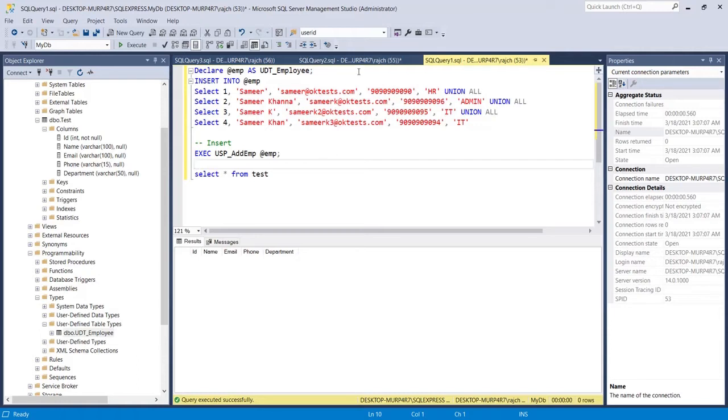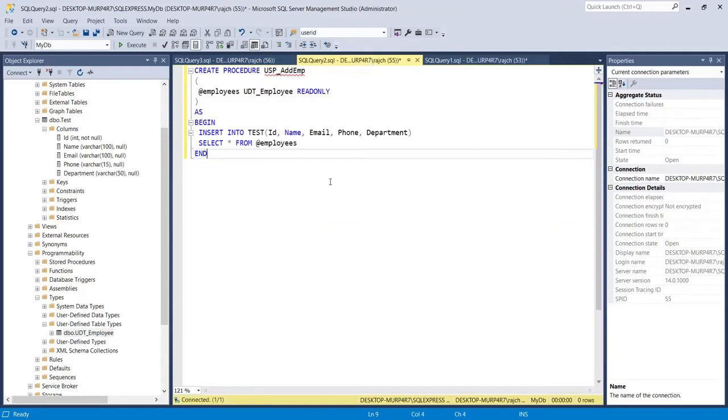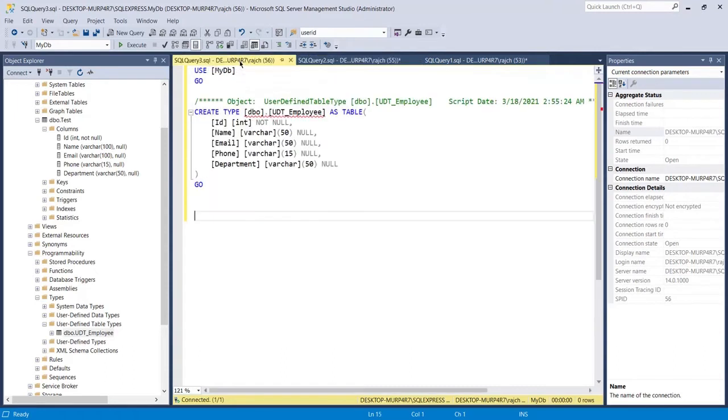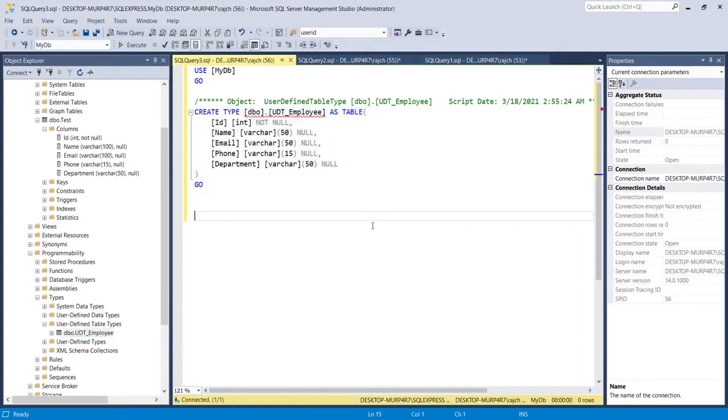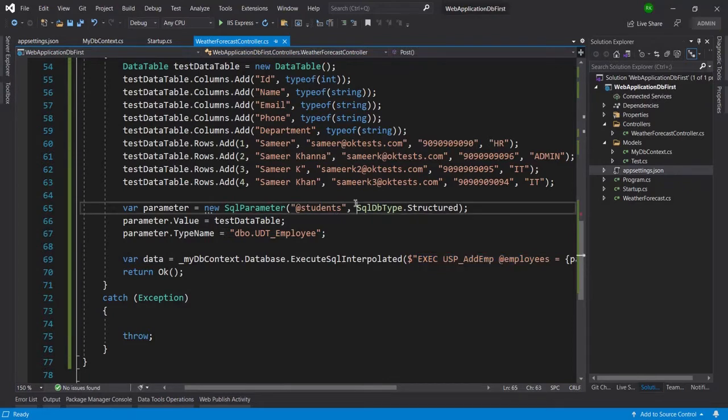This is the stored procedure which I am going to execute, and this is the parameter I have taken as a table value type. After executing this query, this will be created here. So let's move to Visual Studio to check how we can proceed to execute.